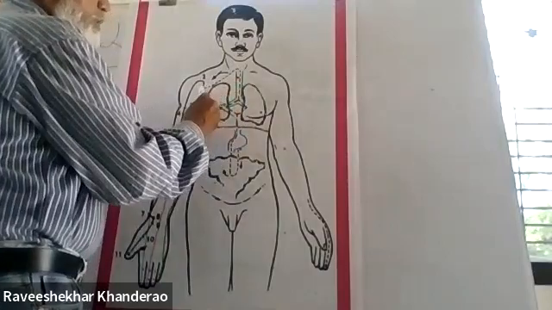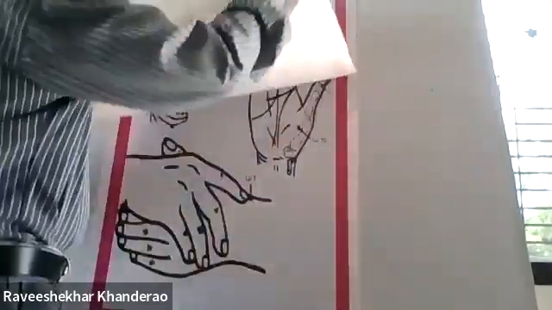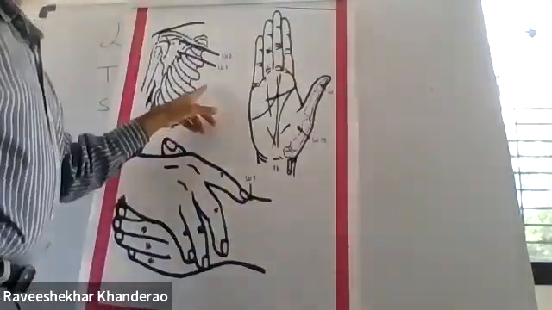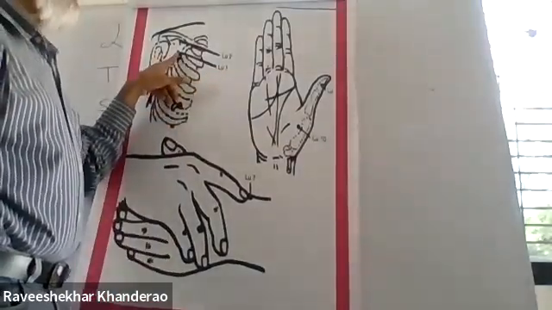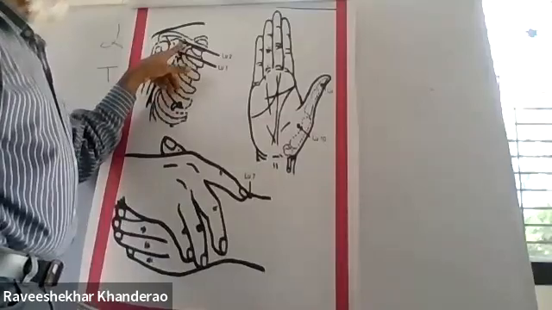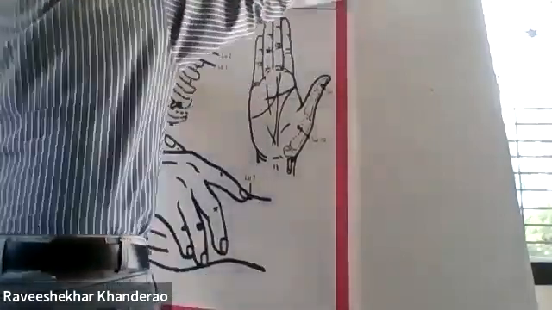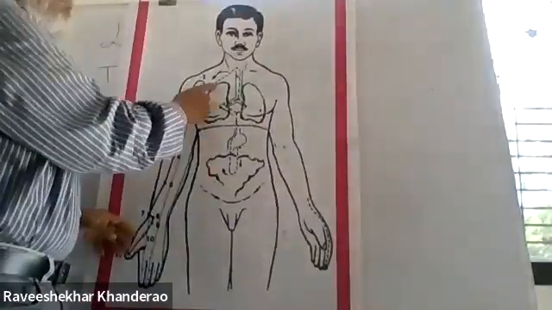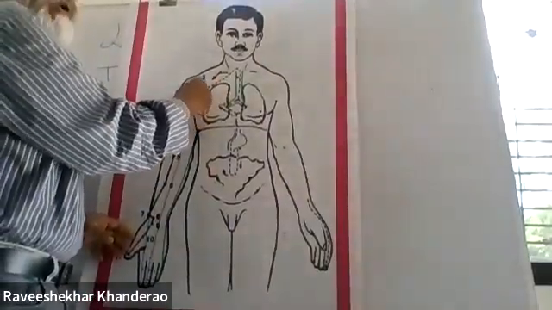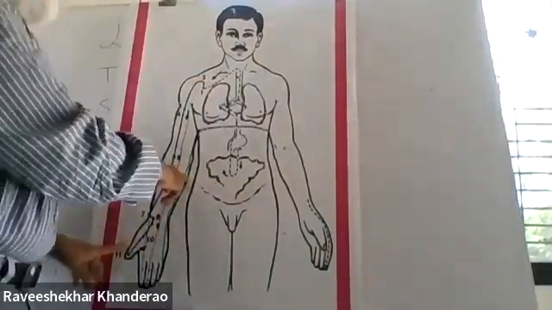transversely to the first intercostal space. The first intercostal space, right? Now I will show you. This is the first intercostal space. Okay, this here. It comes here, then it goes up, and then it transversely comes out. It transversely comes out to here, then it goes to lung 2, and then it crosses the heart meridian,